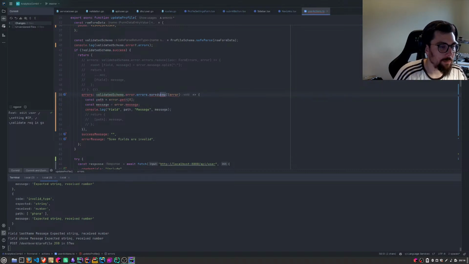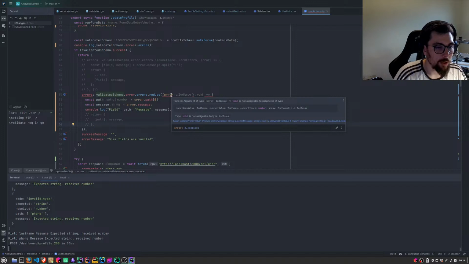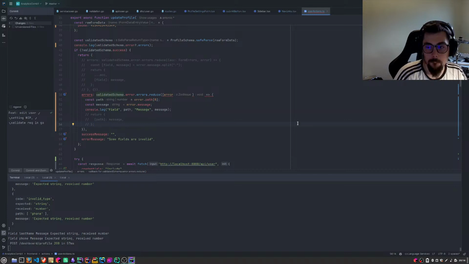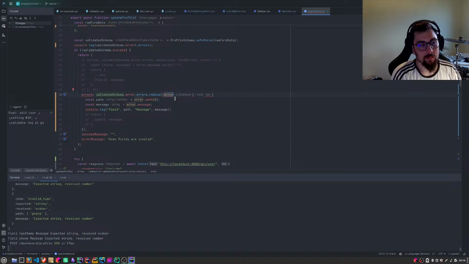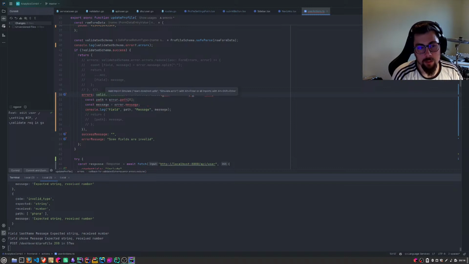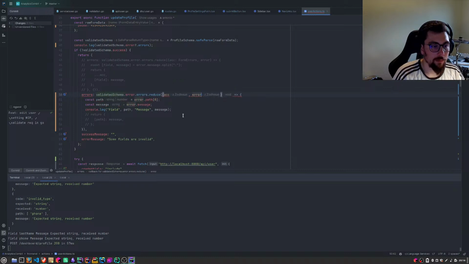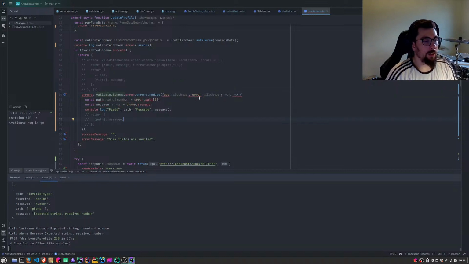We need reduce. Okay. So error is not issue. That's interesting. Guess accumulator, and we have... and it is still crying, but that's fine.